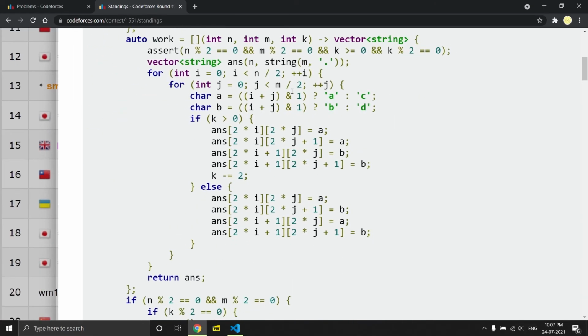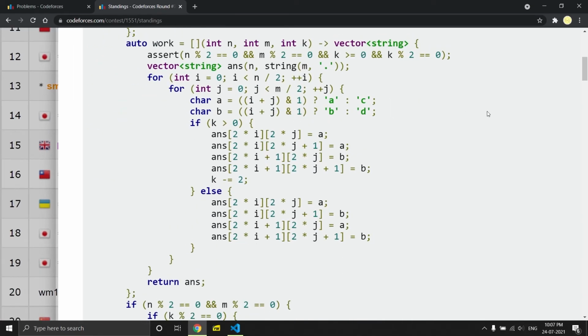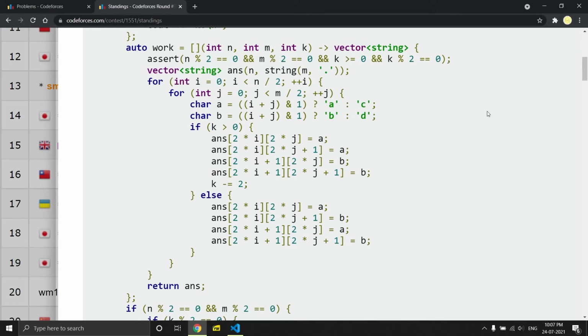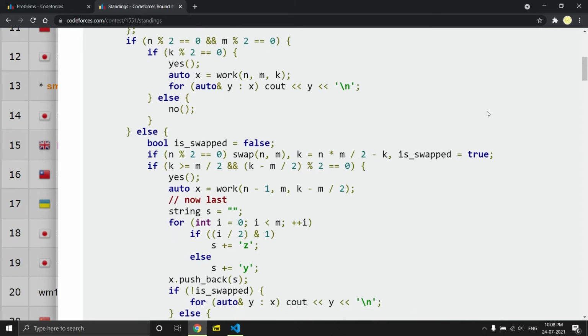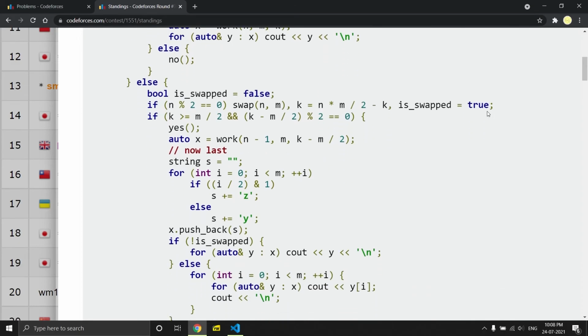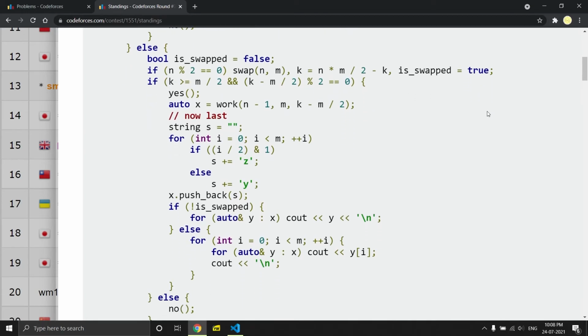So for every test case, I have n, m, k, and then yes and no are my functions for printing yes and no, because writing cout is kind of hard. And then there's basically a work function, we'll see it later. If you just look a little further down, if n